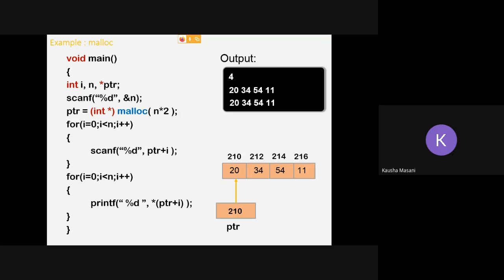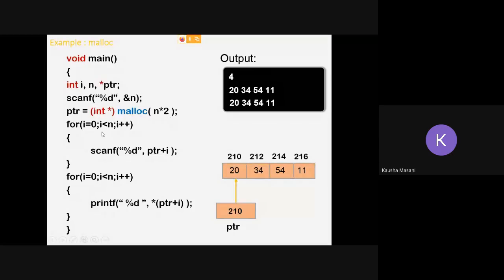Okay, now coming to your doubt, Harshvardhan. Okay, can we take value from the user at the place of 12 in malloc? Yes, that is what I have explained. In place of 12 and in place of 6, which were mentioned earlier in your program, I'm taking the size from the user. The user entered size as 4. Okay, so that 4 I'm going to pass here. So it is n star 2, so 4 2s are 8.